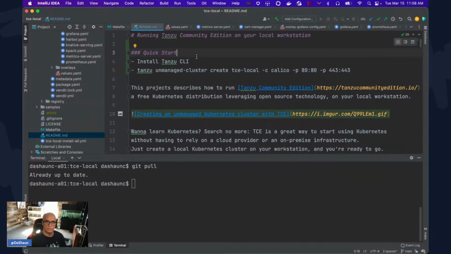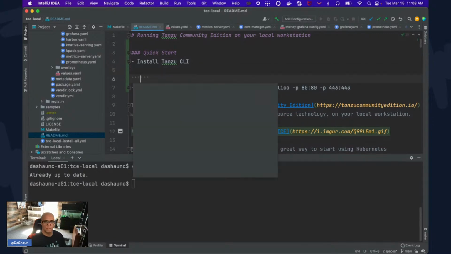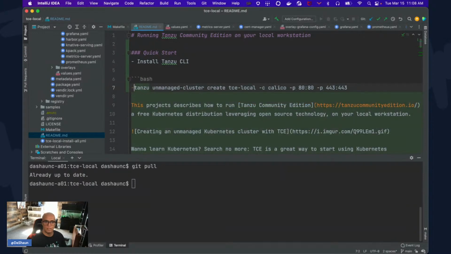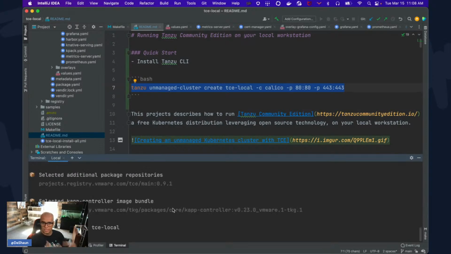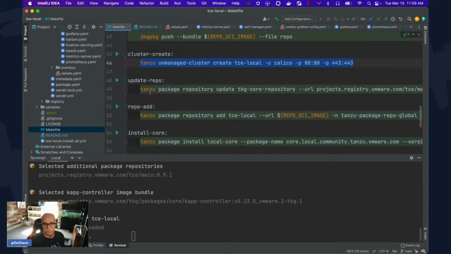Let's do it like this. So let's do that. And we're just going to do it live, right? This is my demo. It doesn't take that long. So that's going to create that cluster. Step two is